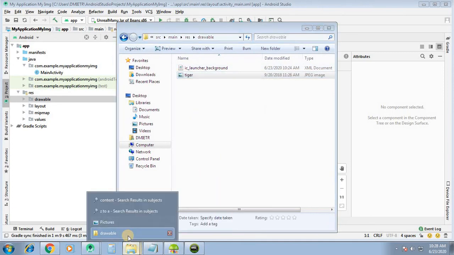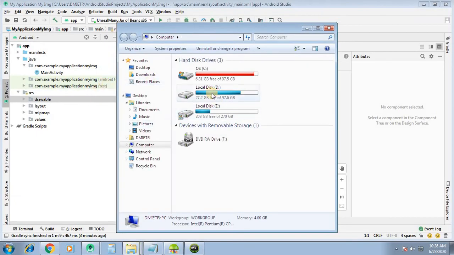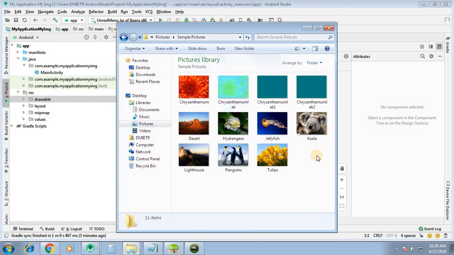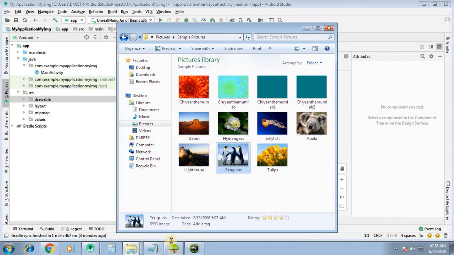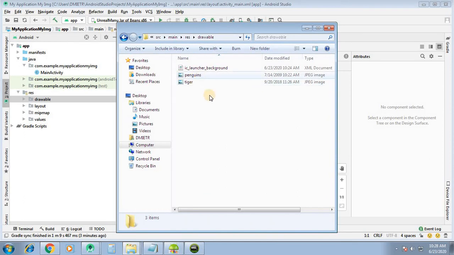Again I want to use one more image. Then from the pictures, let us say I want to use the penguins. Then copy this image and paste into the drawable folder. So these two images are in our drawable folder, which we are going to use in an ImageView.